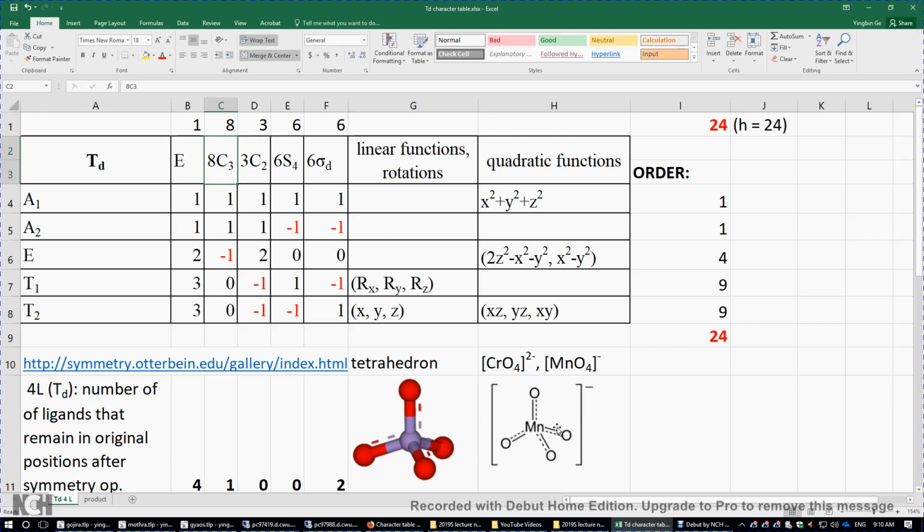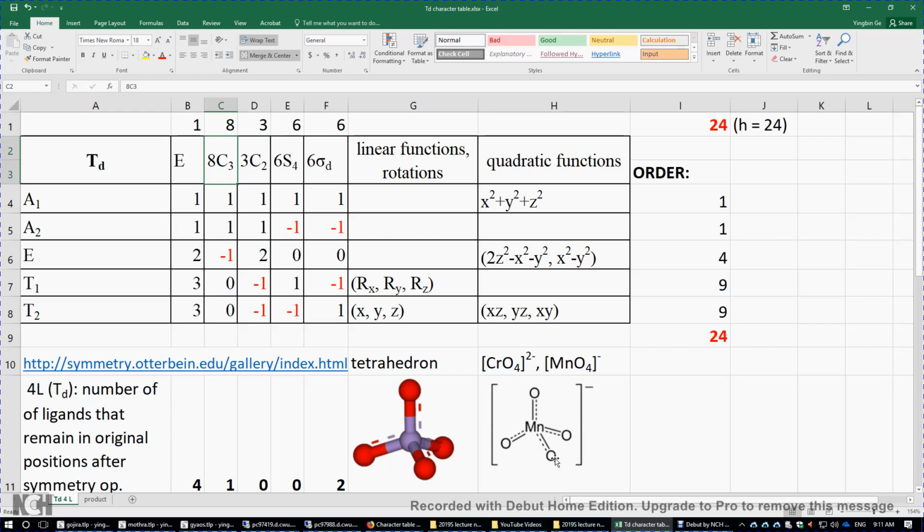And then we have 6 sigma D symmetry planes and also 6 sigma D symmetry operations. Why do we have 6 such symmetry planes? So there are 4 ligands here: 1, 2, 3, 4. Actually, you can imagine there's 1 sigma D that contains these 2 oxygen atoms,